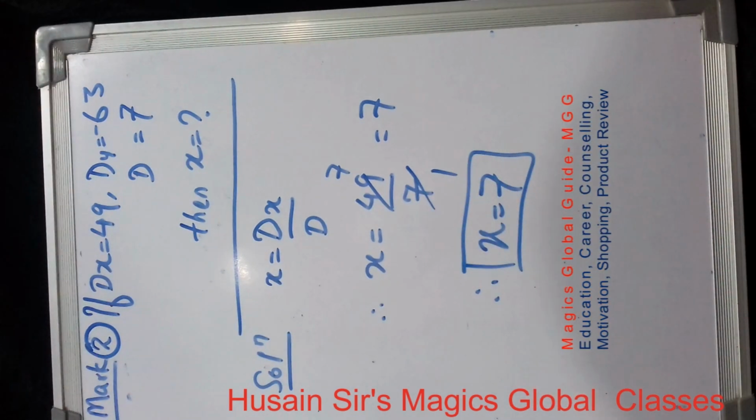The next question, if Dx is equal to 49 and Dy is equal to 63 and D is equal to 7, then what is the value of x? Since we have x is equal to Dx upon D, that is 49 upon 7 is equal to 7. Now the next question we have,